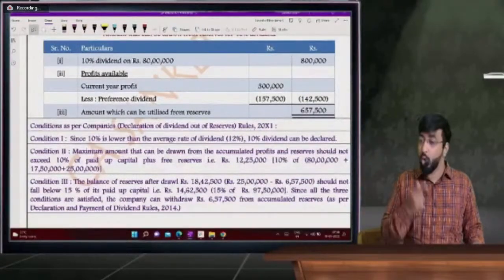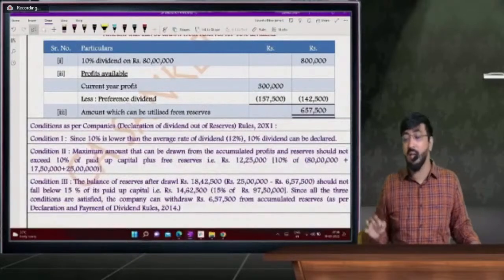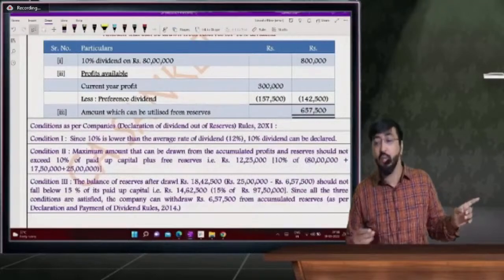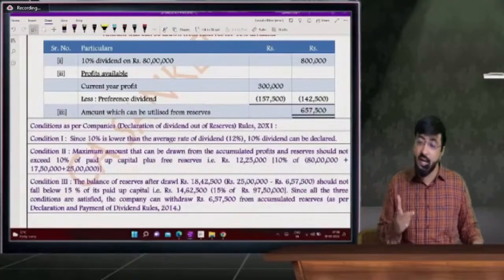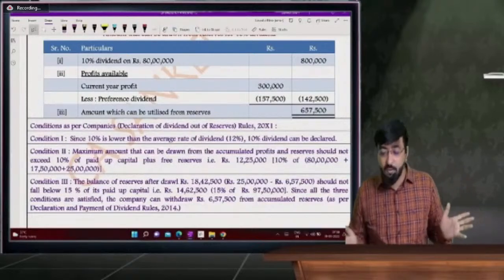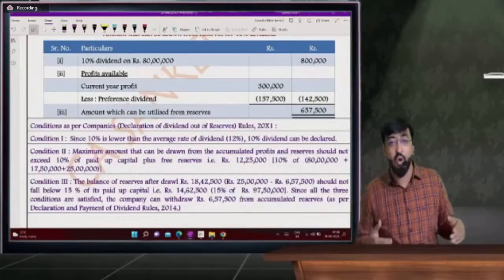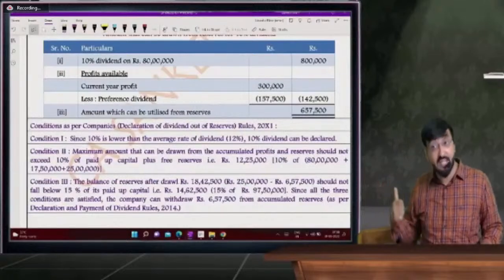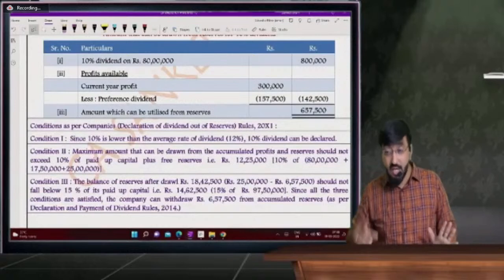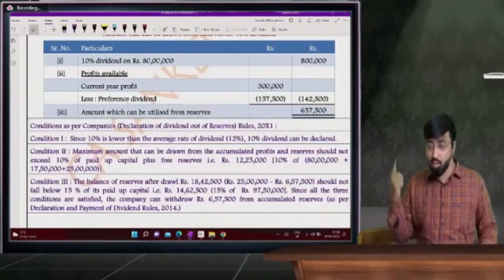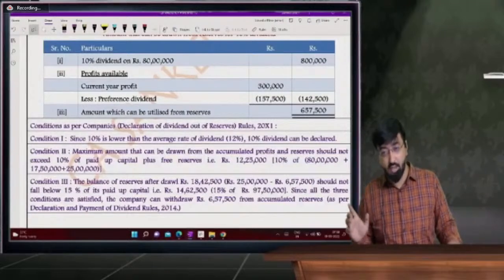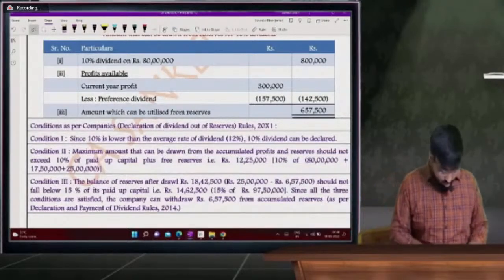और आफ्टर विड्रॉवल आपको याद रखना है कि 15% से ज्यादा बैलेंस आपके रिजर्व में रहना चाहिए। तो 15% से ज्यादा बैलेंस रिजर्व में रहेगा तो चलेगा। ये कंडीशन नंबर 3 को फॉलो किया और ये सभी कंडीशंस फुलफिल होने के बाद आप डिविडेंड दे सकते हो पिछले साल के प्रॉफिट में से। मैं वापस दोहरा रहा हूं, करंट ईयर में से जितना देना है उतना दीजिए, पास्ट ईयर के प्रॉफिट में से हाथ नहीं लगाना। तो ये सभी कंडीशंस फुलफिल करना और फिर भी डिविडेंड का अमाउंट दे सकते हो, इतना याद रखना।